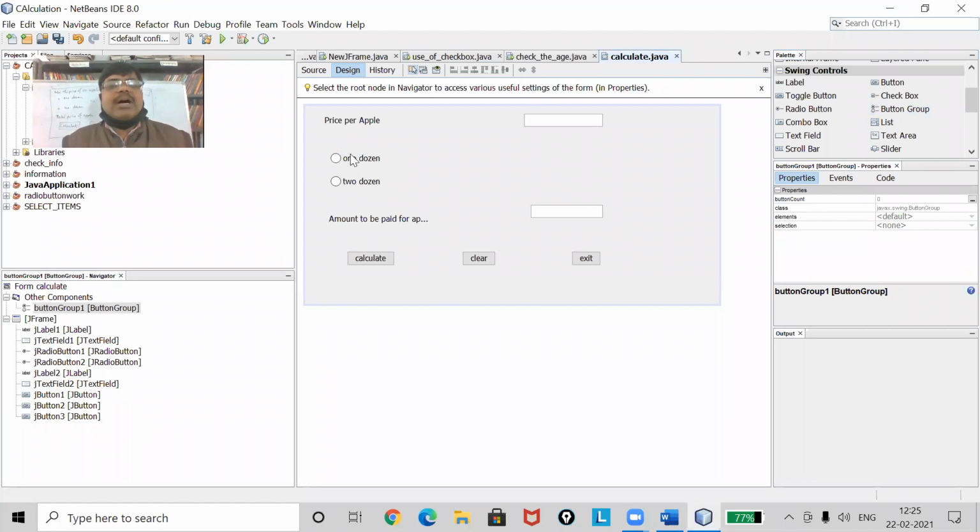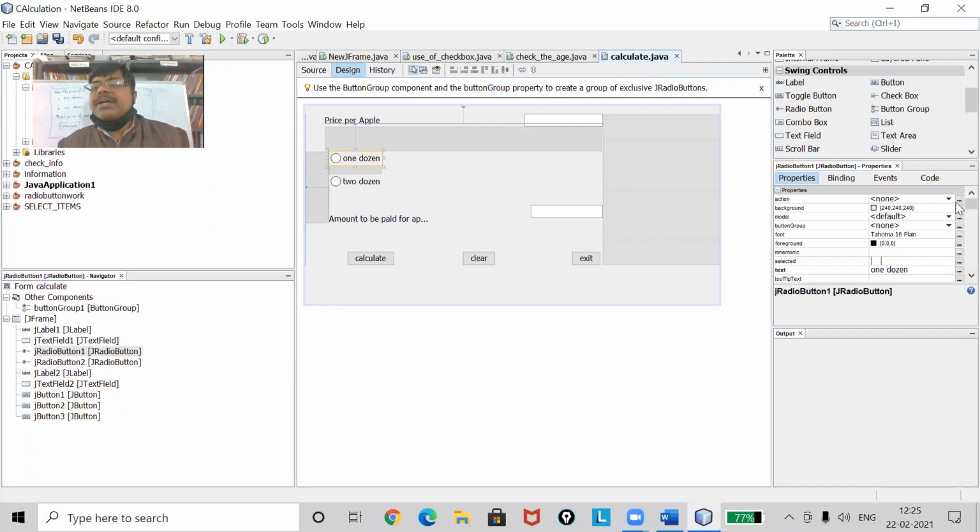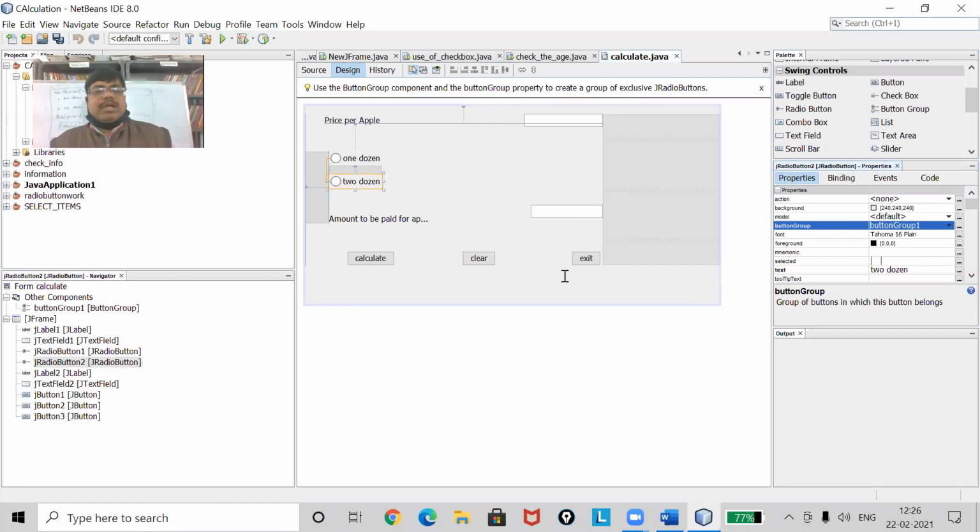And then one by one, I will set the property as buttonGroup1. For the second also the same. Clear? Already I set my button group. Now it's time to write the code for your jRadioButton 1 and 2.